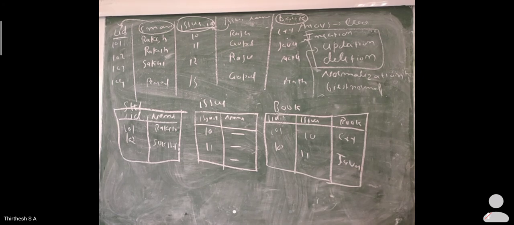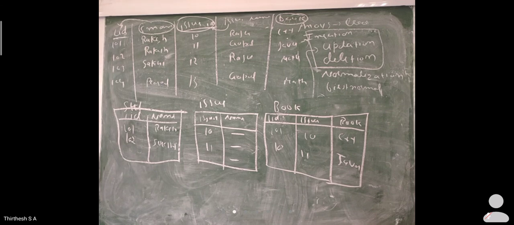Here the redundancy has been removed and it is broken down into parts. What is the redundancy? Each and every attribute in a table has some relationship with each other. Library ID has a relationship with sname, and issue ID has a relationship with issue name. Book is separate, which is known as a non-partial attribute. So we should remove that redundancy.